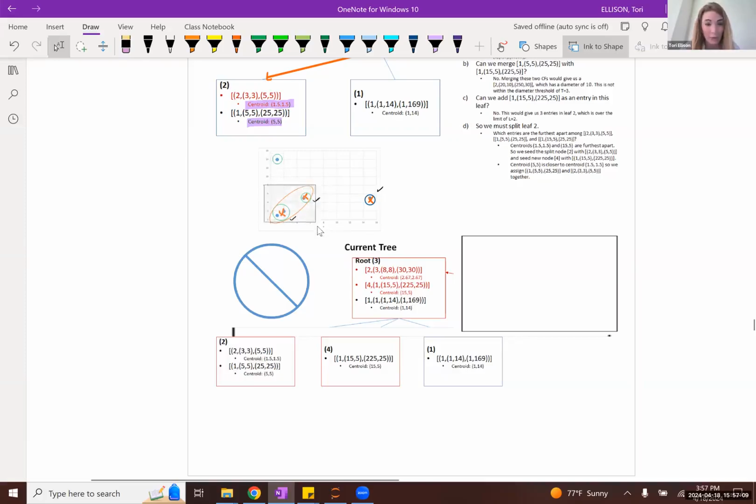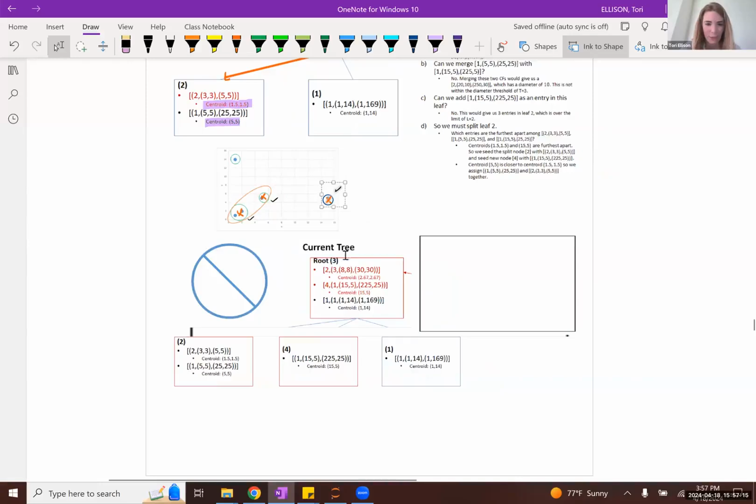So basically the cluster of all these subclusters, the cluster of all these subclusters, and the cluster of all these subclusters. But we run into a problem here.